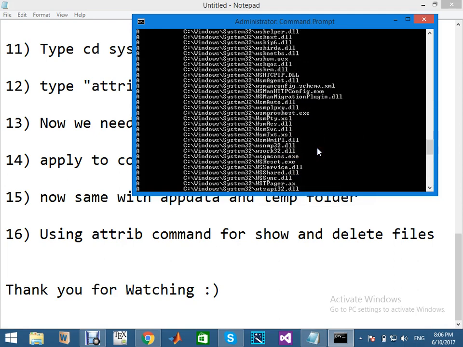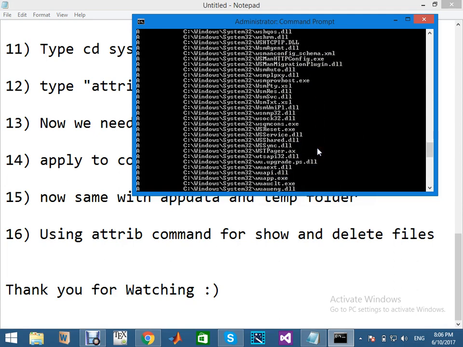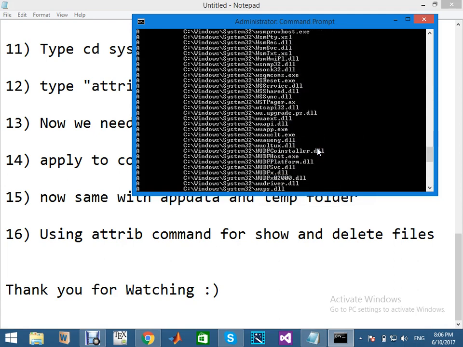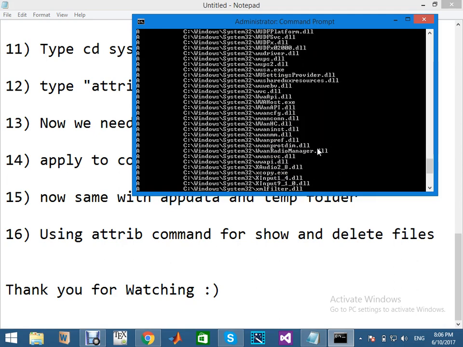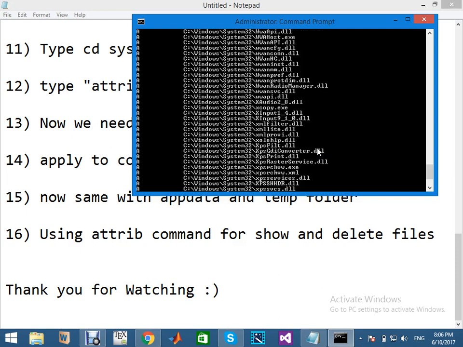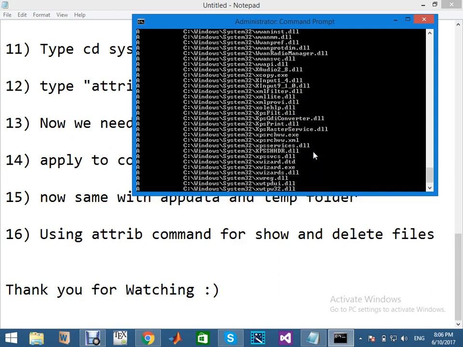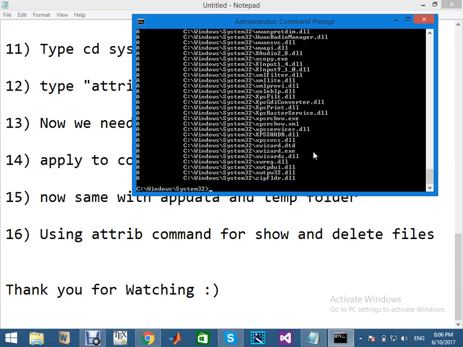Still I have no such file. Again I am checking the files. Suppose I have found an .exe file named xpsrchvw. So I didn't see any virus in my System32.